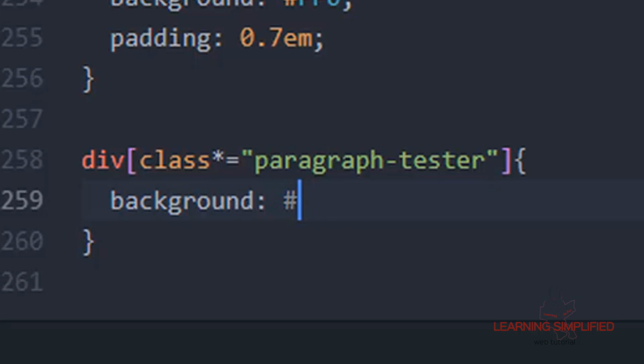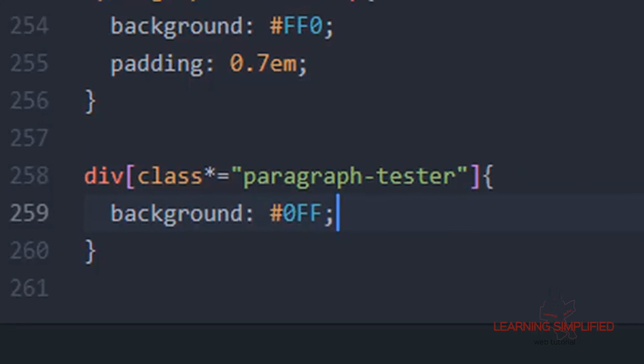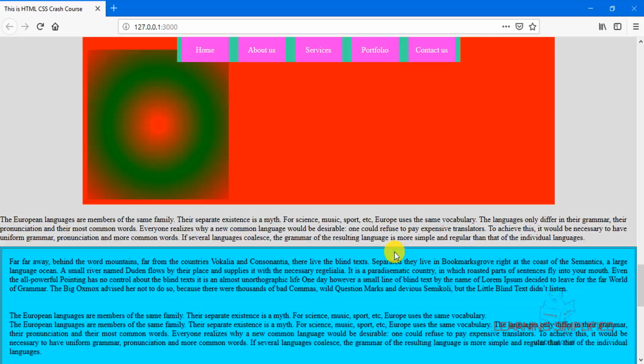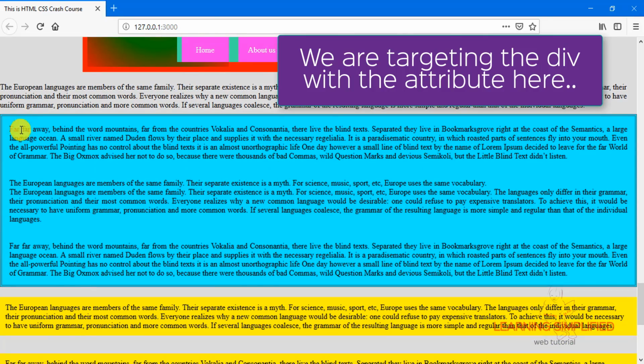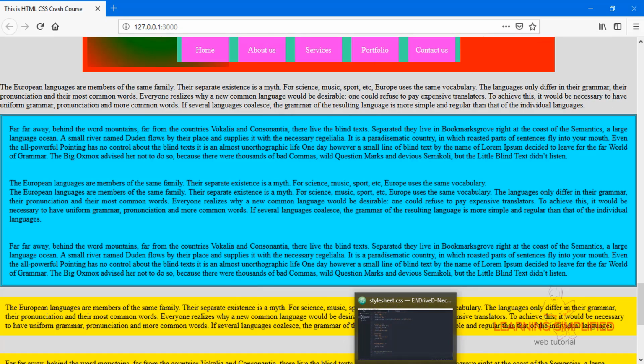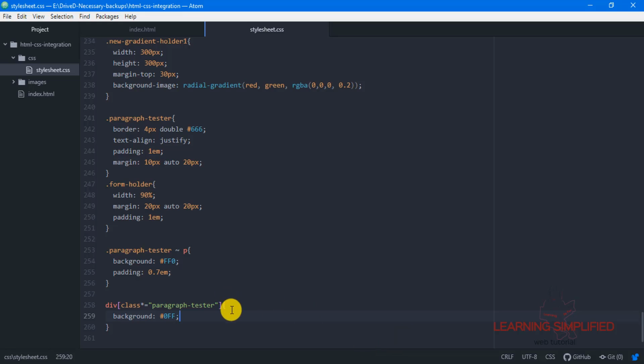Now let's assume that there goes a bluish background color. If we press Ctrl S and get back to our project, we will see that our div or block element, which holds a class name of paragraph tester, now has a background color of blue or cyan, whatever you say. What is the exact reason?